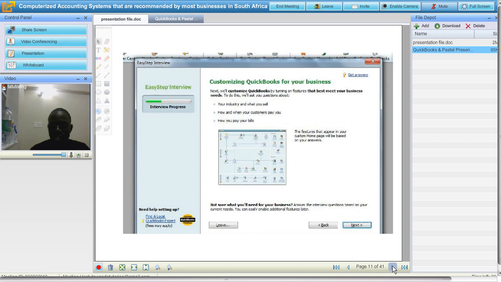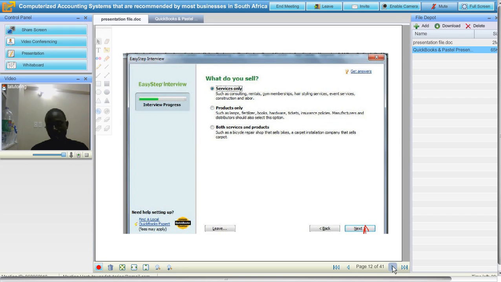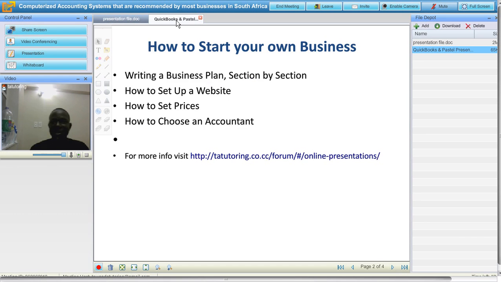Now we need to customize our QuickBooks accounting package. Now click next. What do you sell? It takes us back to the business plan. What actually are we selling? We are in the construction industry.